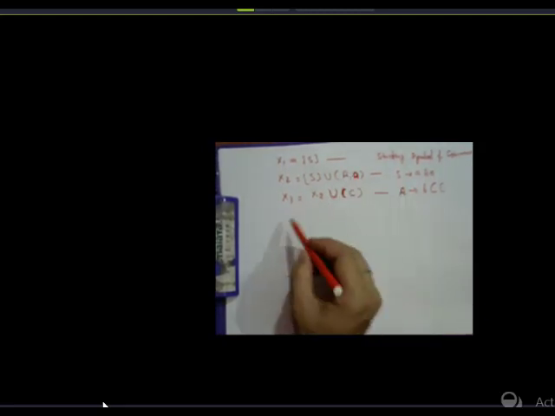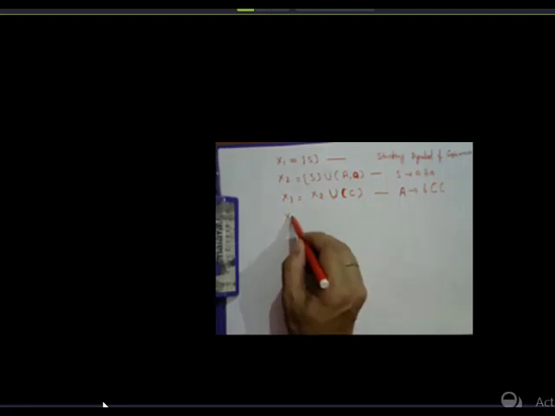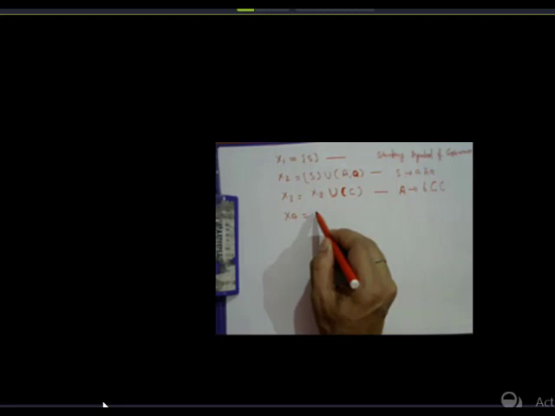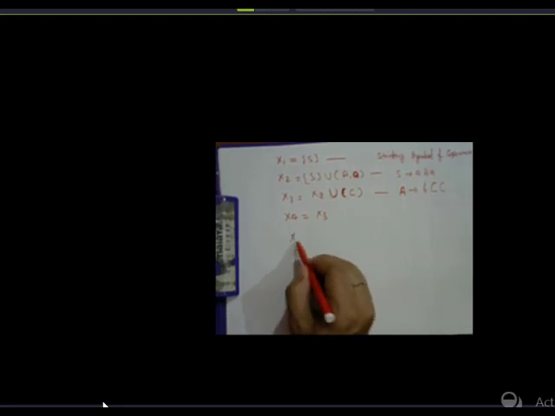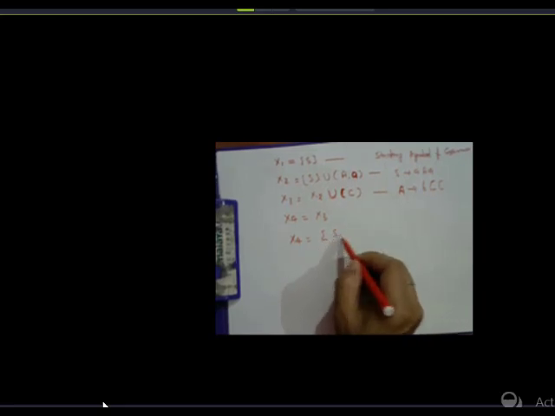x4 is equal to x3. There is no further production which can extend to the next symbol. Then for the final production, we can write here x4 is equal to the symbols S, a, A, small b, and capital C. These are the symbols which can be traversed from the start symbol S, that is the value of x.